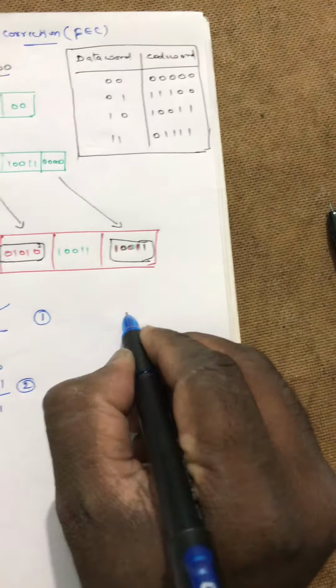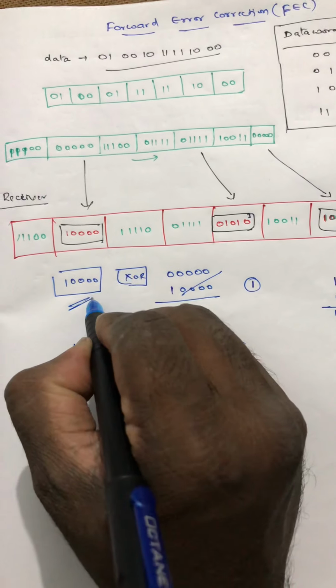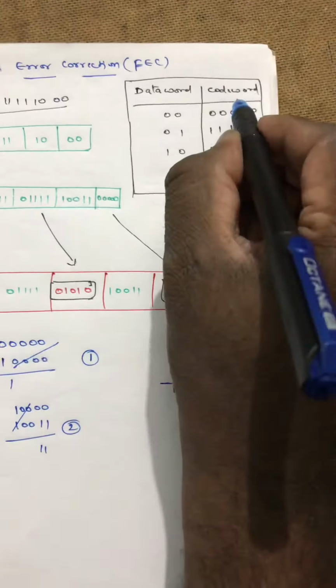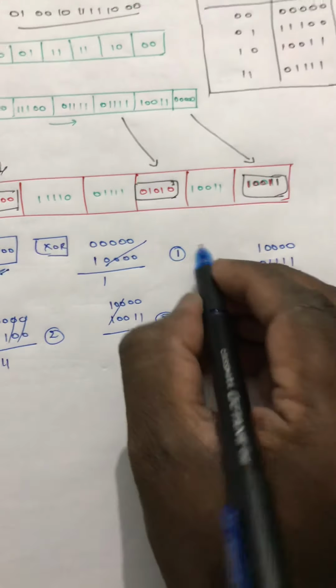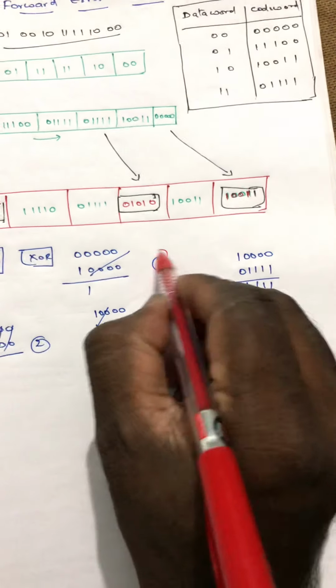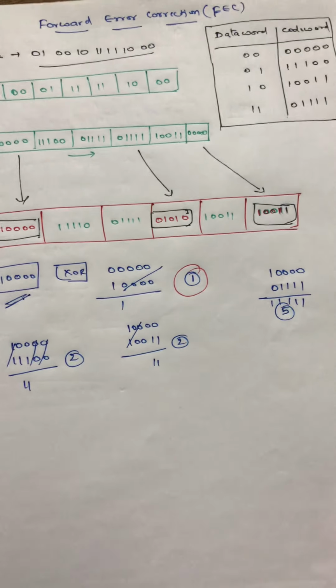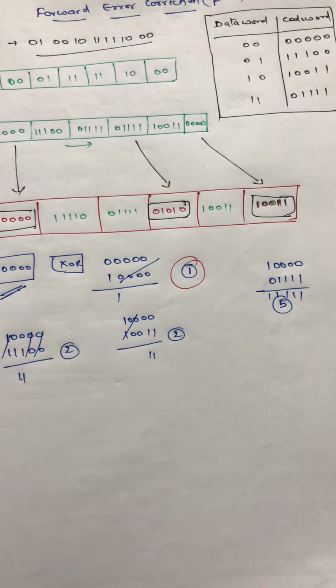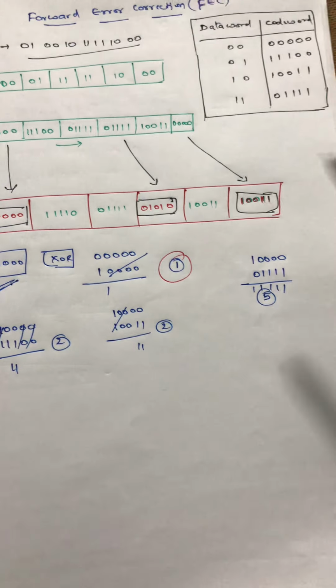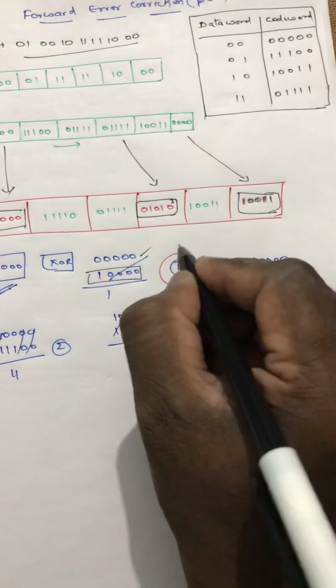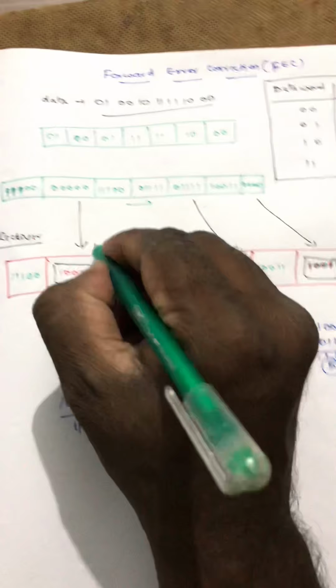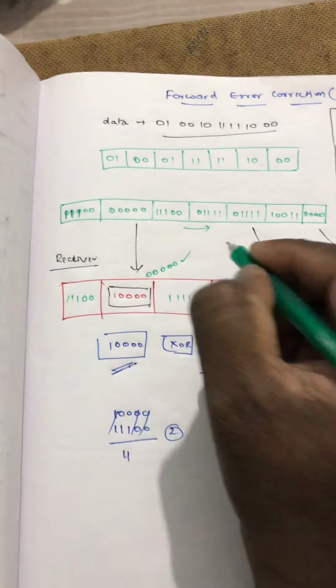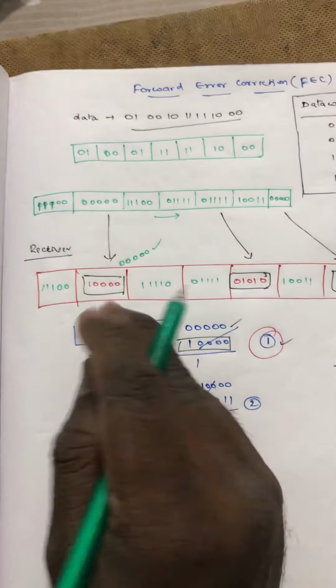Now I have performed XOR operation with the received byte, or you can simply say the slot value, with the specific code word. Now I have received 4 values: 1, 2, 2 and 5. This particular value has the minimum distance, that means the minimum number of ones when you compare these two. So I'll go with this one. That means I'll replace the received byte with this value, which is all zeros, which is matching with your exact code. So the first condition is solved.